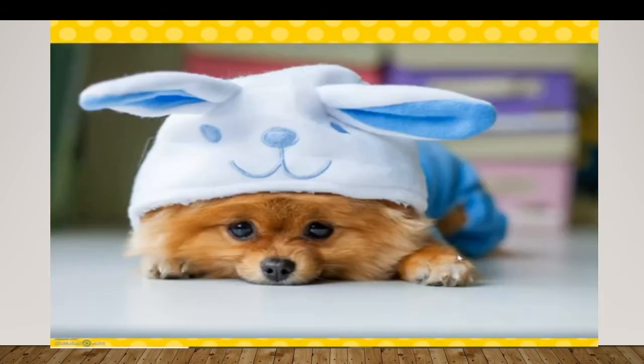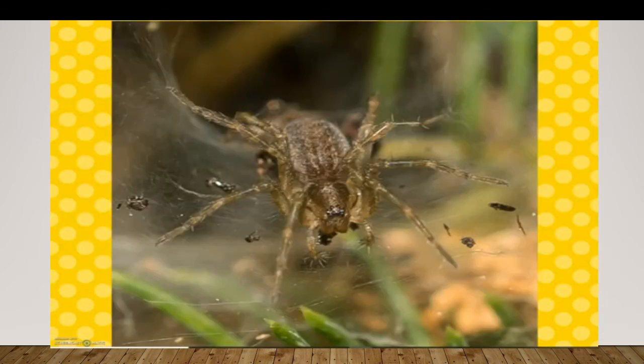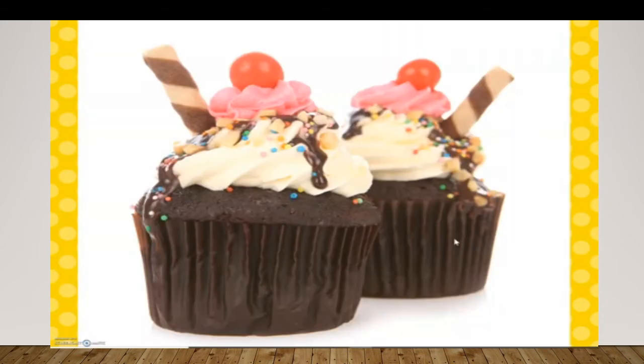First of all, we will have a look at the pictures. See the puppy, you will say, oh, look at the squirrel. You will start laughing, look at the funny ears. Look at the spider, you will say, whoa, I'm scared. What about cupcakes? When you see them, what will you say? You will say,